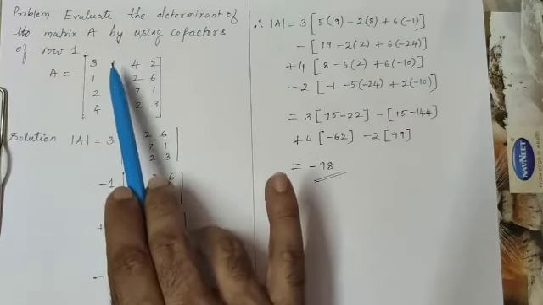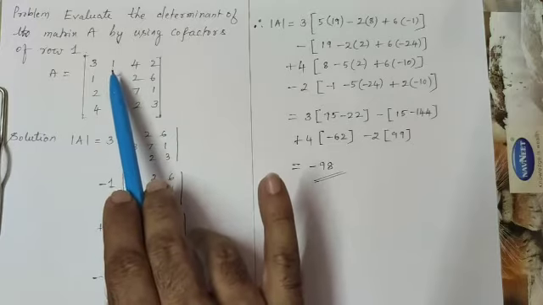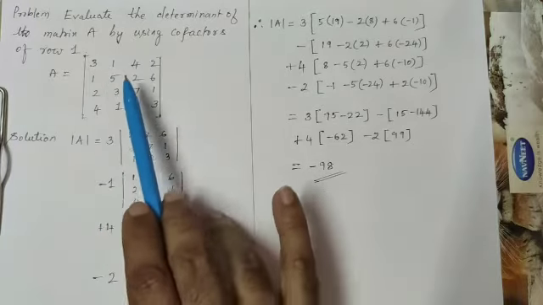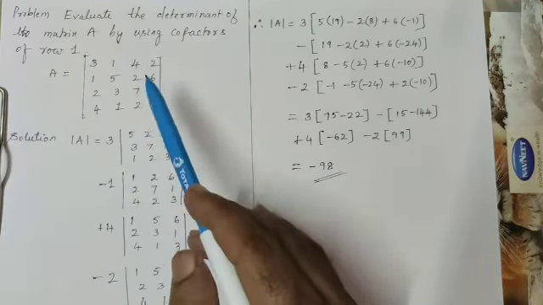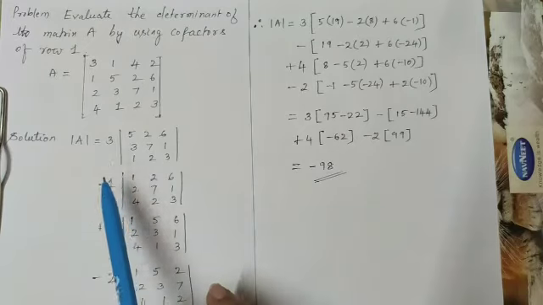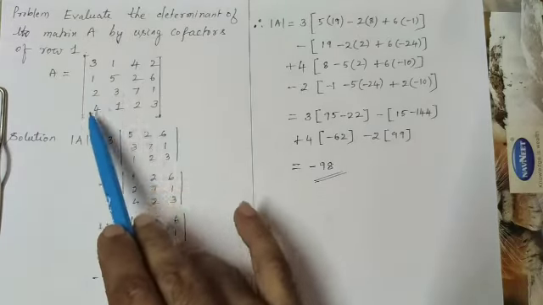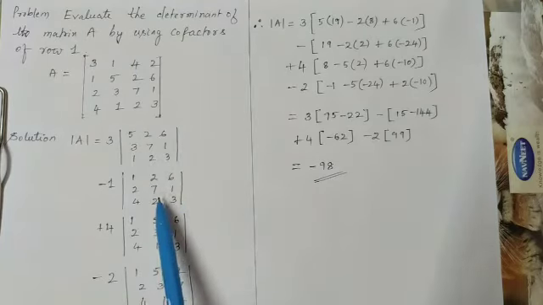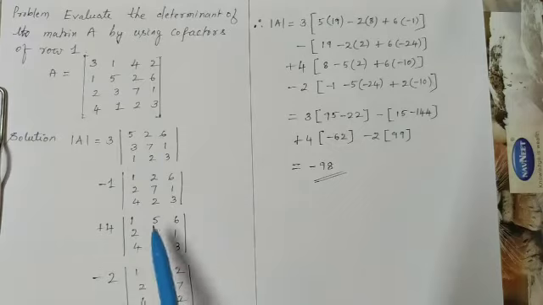Now this is in the position A1 2, suffix 1 plus 2 is what? 3. Minus 1 power 3 is minus. So here you will get minus, that means the signs go plus, minus, and like that it will continue. So therefore minus 1 into, remove this column and this row, write the matrix, you will find this matrix. In the same way for the next one, 4 times 1 2 4 5 3 1 6 1 3.